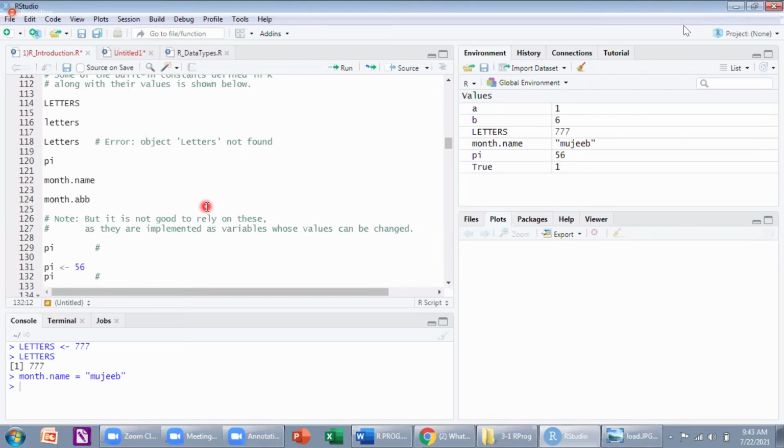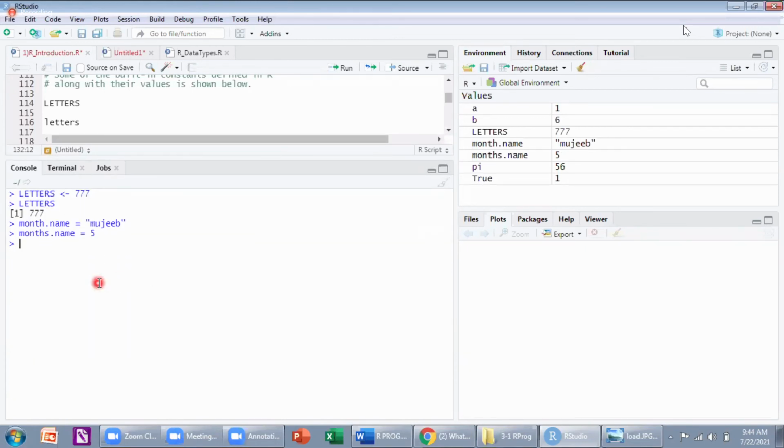Sir, can't we write it as months dot name? Yes, as a variable or what? Variable, sir. Variable you can write whatever you want. Month dot name equal to 5. As a variable you can write, but see, it will give suggestions.